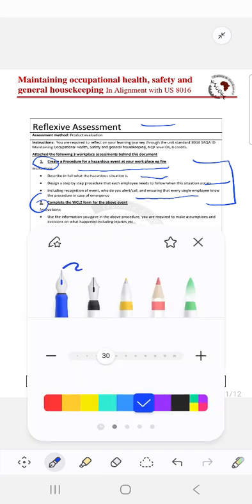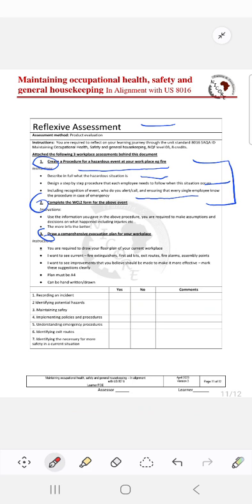Then number 2, let's change the color of my pen. Number 2, we're looking at completing the WCL2 form for the fire event there. I'll show you that in a separate video, but you fill out that WCL2 form as if you were reporting the incident and somebody had actually got injured. All right. Then number 3